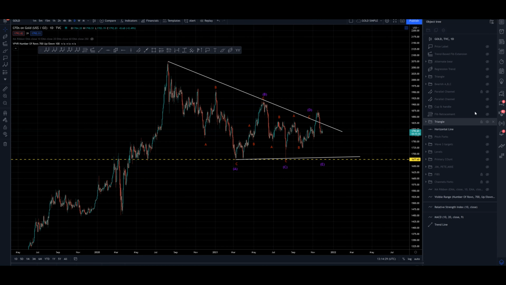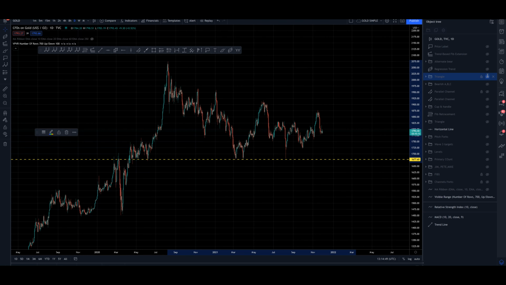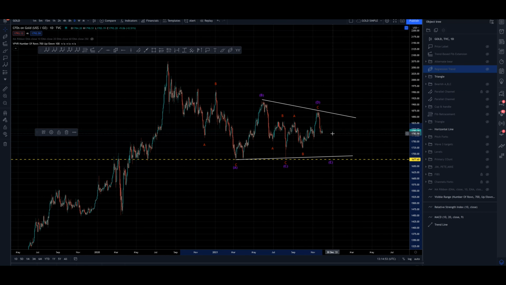As you can see, this was my original idea of a triangle, and this is my slightly revised one, which is the more recent one. When I first introduced the idea of a triangle, I was expecting this upper trend line to hold. Obviously, it hasn't, so that's fine. We can just shift it to here, which is why I think this more recent interpretation of a triangle is probably more accurate. If it's a triangle,